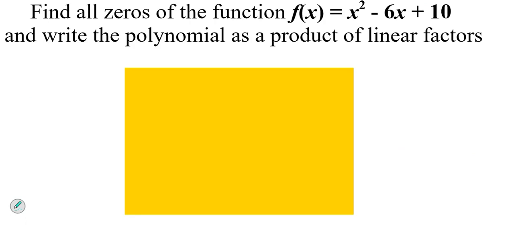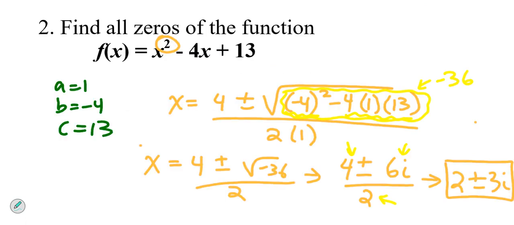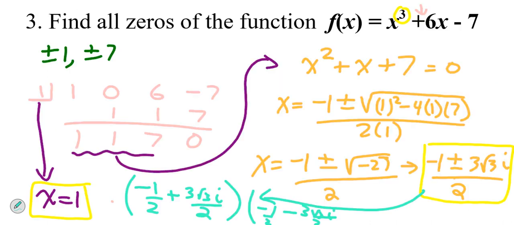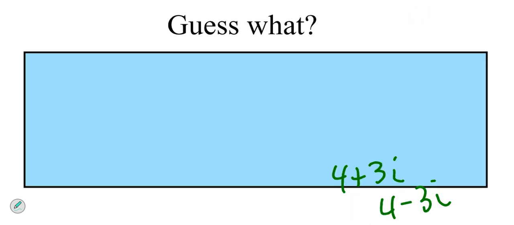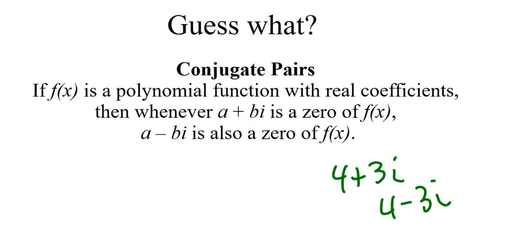Maybe easier to see on the other one that we had. So let's see. Yep. See the 2 plus 3i and the 2 minus 3i? That means if we have a complex root or a complex zero, we're guaranteed that its conjugate is also going to be a complex root or a complex zero. So we did that. So now we're putting some words to it. When we're given a complex zero, the conjugate of it is also going to be a zero. And we're going to use